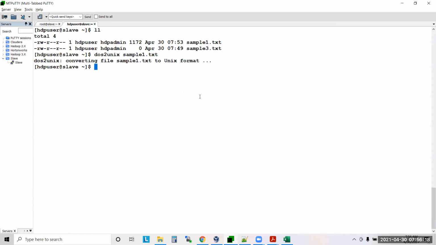What is it saying? Converting file sample1.txt to Unix format. Understood? If the file is already in Unix format, it will not do anything. Otherwise, it will convert the file from DOS format to Unix format. That is dos2unix.